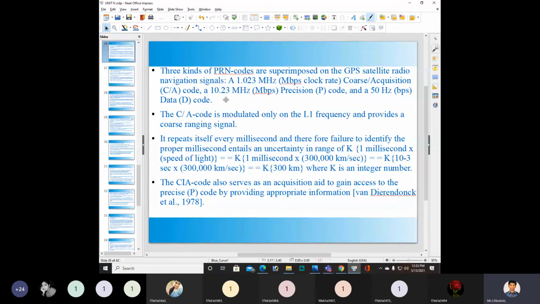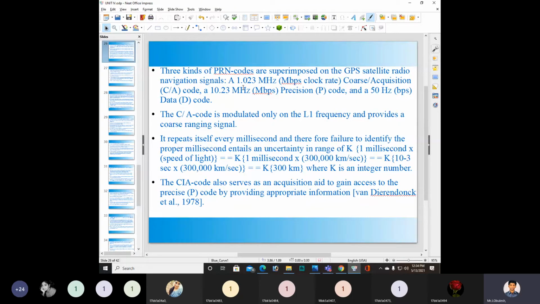You need to see that the clock rate for the coarse acquisition code is 1.023 megahertz, and for the precision code the clock rate is 10.23 megahertz.